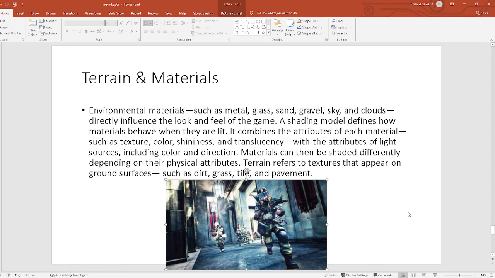Terrain refers to the texture that appears on the ground surface, such as dirt, grass, tiles, and pavement. You can see that in certain places it's reflecting, in certain places it's not, it's dark. This light reflects from somewhere else, some surfaces don't reflect. You can see the cloth. All these materials have different shapes, different textures, different physical properties, attributes, colors, the material used to construct it, the weight given to it, the mass, the physics,